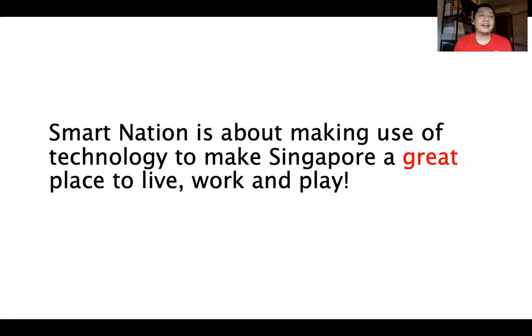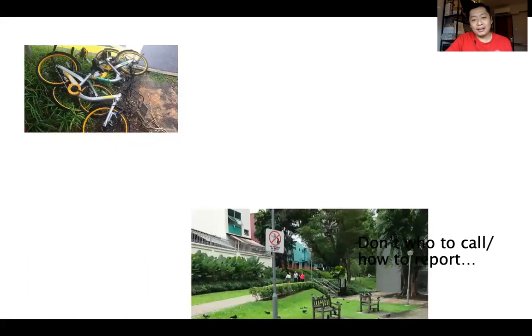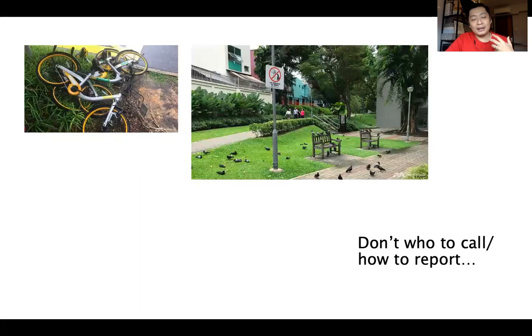And today, this app that we are going to talk about, the OneService app, is an app that was created really with the intention to make our living space, to make our community, to make our estates and our neighborhoods a better place, a more beautiful place, a cleaner place, and a place that we are proud to call our home. All right. So as I go into talking about this app, one thing you will realize is that when